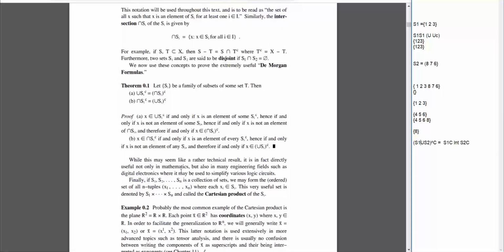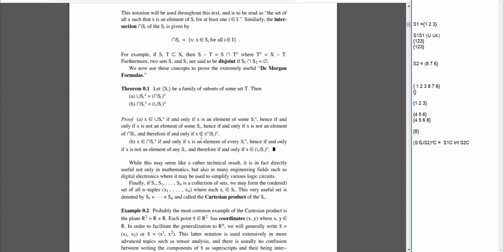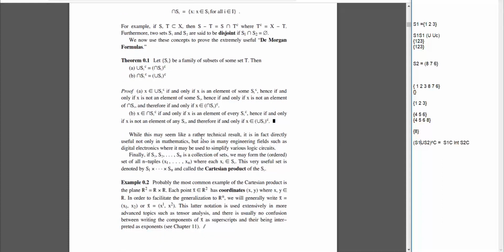The problem is, if we're going to use this book down the line, we will have to get acquainted with these terms here, like the union and the intersection, Si and positive and all this stuff. Well, I think we have a pretty good understanding. Rather technical results. It's in fact directly useful not only in mathematics but also in many engineering fields such as digital electronics and so on and so forth. So what they're saying is,